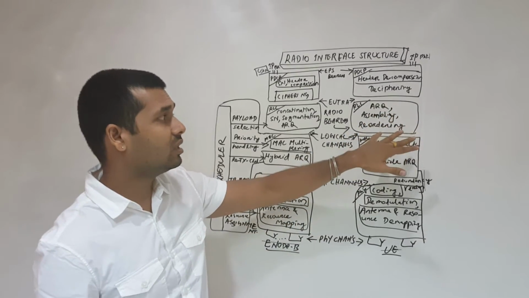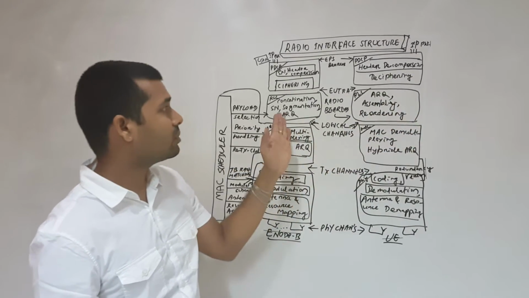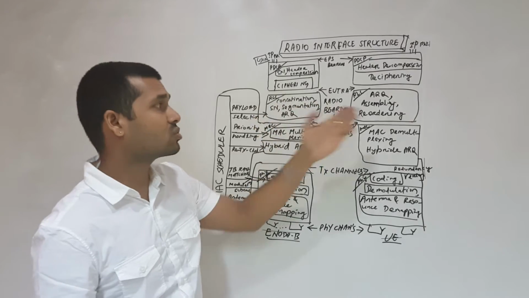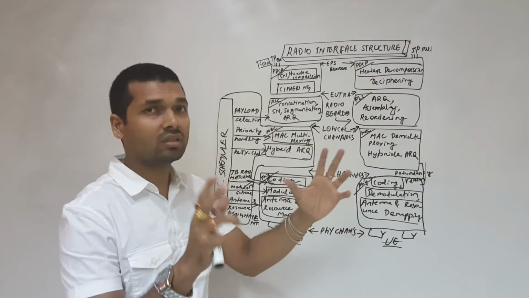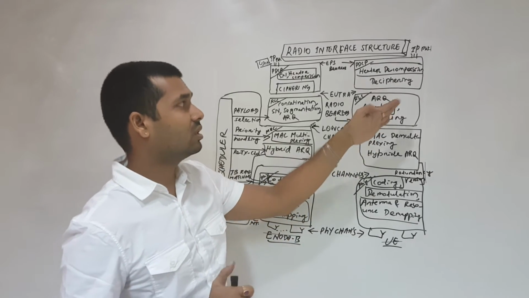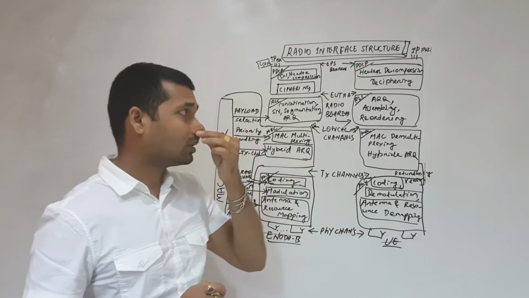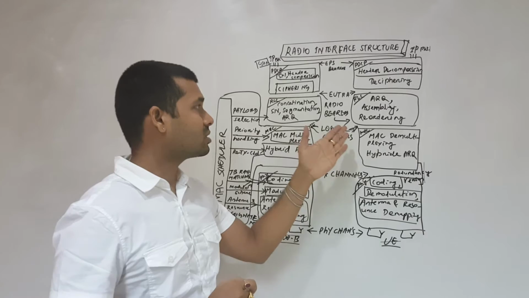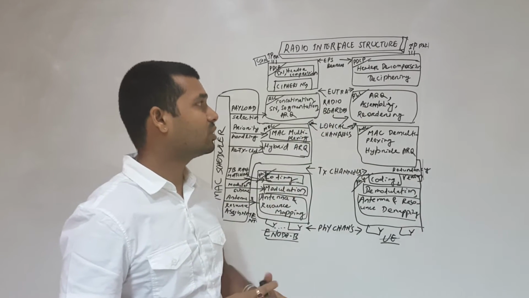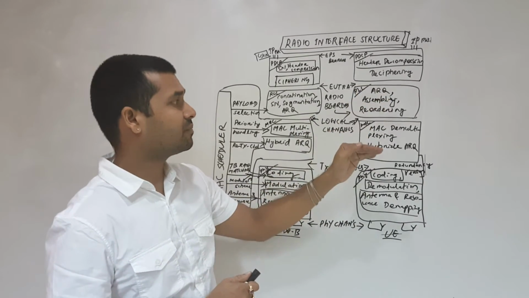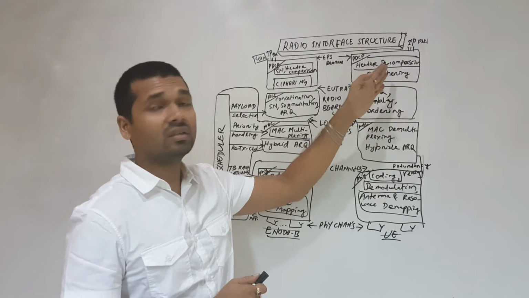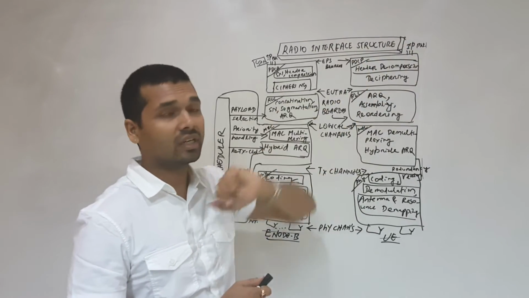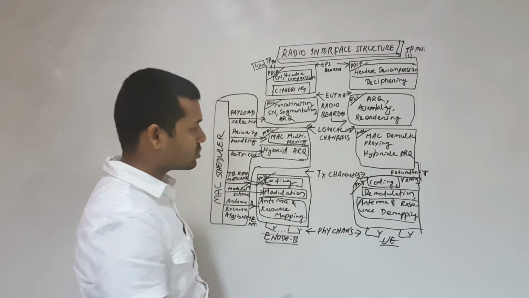Then in the RLC, we do the reordering because we have done the segmentation and concatenation at the transmitter. So we do the reordering of the data and we assemble the data to get the correct and right information. We have ARQ into the picture, so we do the automatic repeat request also in the RLC layer, and then we do the deciphering and header decompression, and we receive the data here. So this is the overall picture.